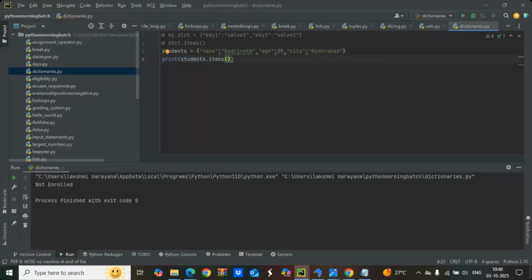Okay, so firstly here we can take the students variable and assign the three key value pairs. Here the keys are name, age, city, and the values are Badrinath, 25 and Hyderabad. So the next line we can use the students dot items. Here the dot items method returns a special view object called dictionary items, and this view contains all the key value pairs from the dictionary, and each item is represented in tuple format,